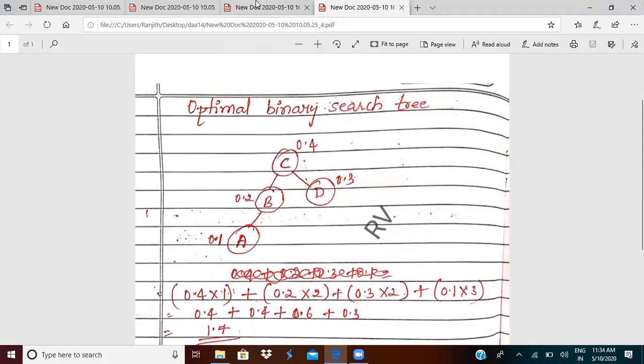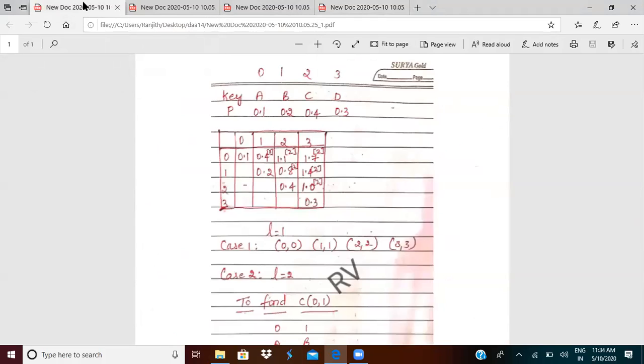Now you look into the table. Previous to C, there are A with 0.1 and B with 0.2. You don't know where to place 0.1 and where to place 0.2. There is a conflict. To resolve this conflict, I'll check the values of the corresponding array entry, that is 0, 1.